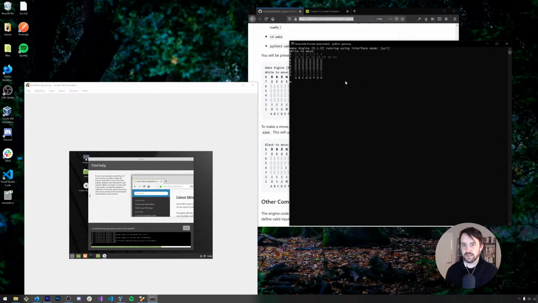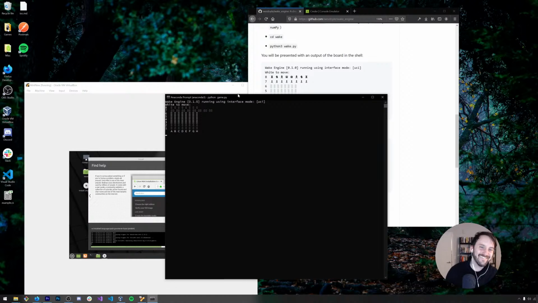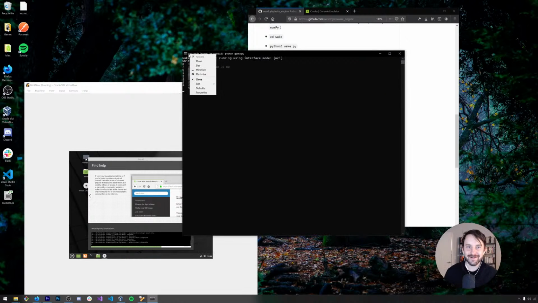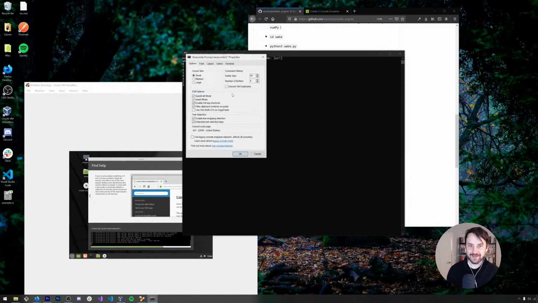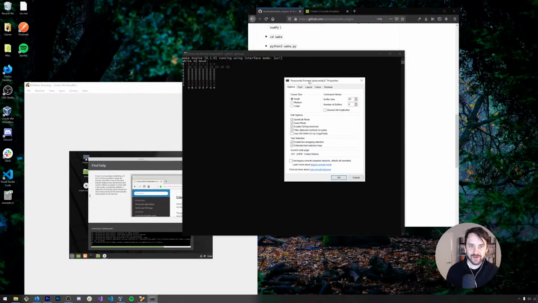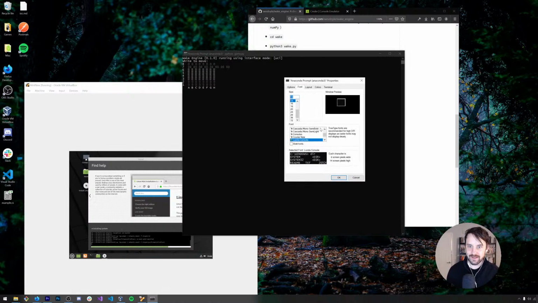Oh my gosh, it actually works, except that the character encodings don't work on Windows. It's like you get all the way here and then realize that there's another issue on Windows. Alright, at the very least, let's see if I can increase the font size.